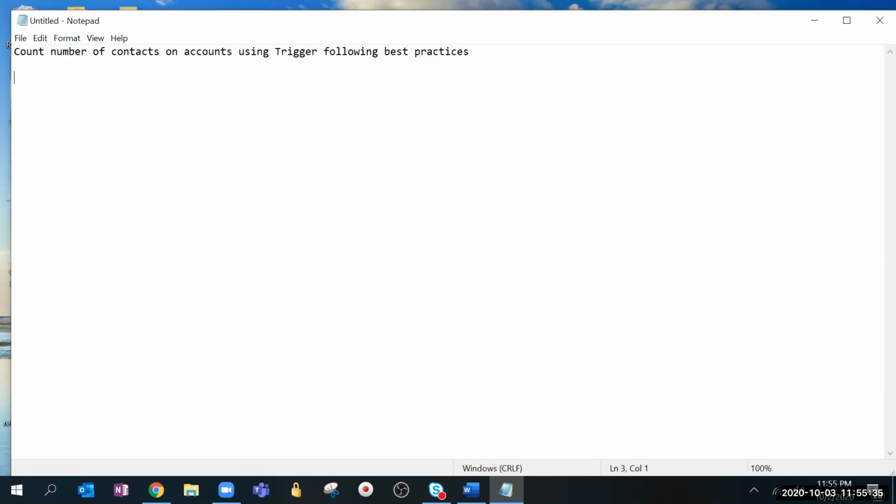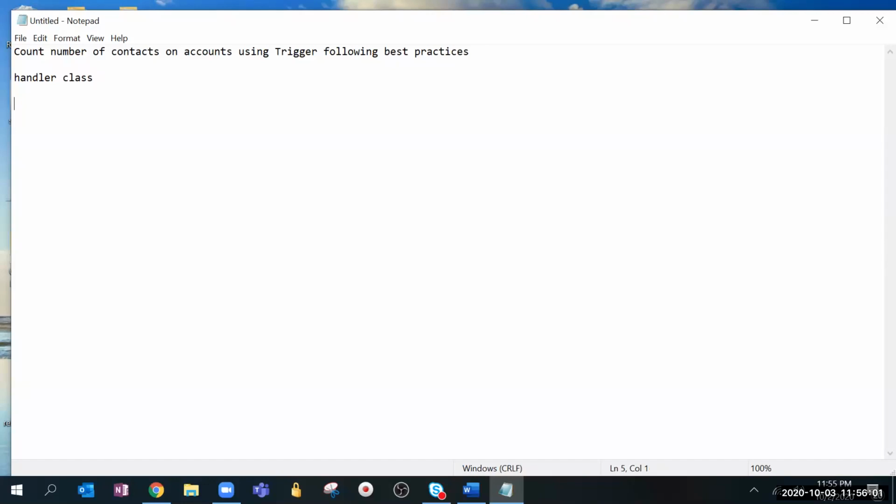We should use that, and instead of writing all the logic in the trigger, we use a handler class. A handler class is nothing but an Apex class which is called from the trigger, and we pass some parameters there. These are some best practices of triggers.